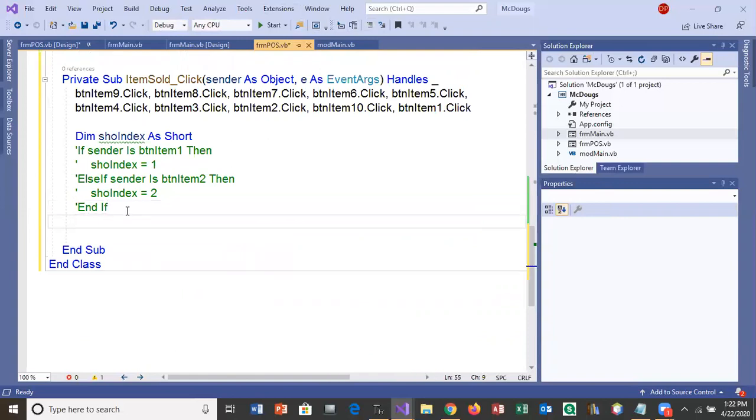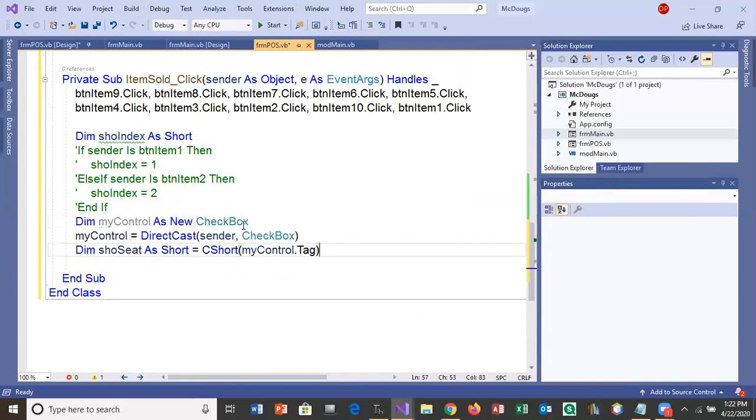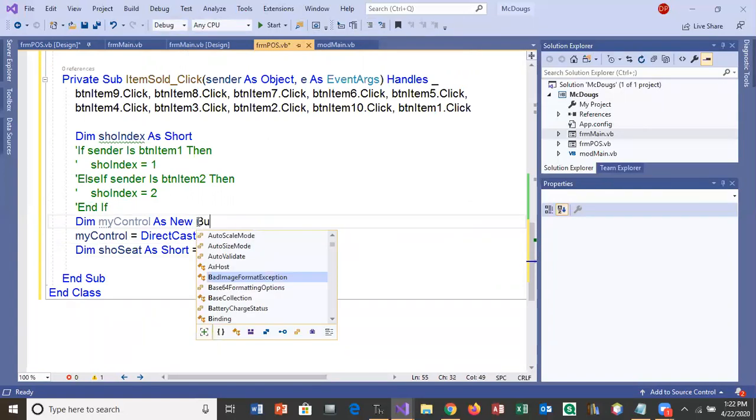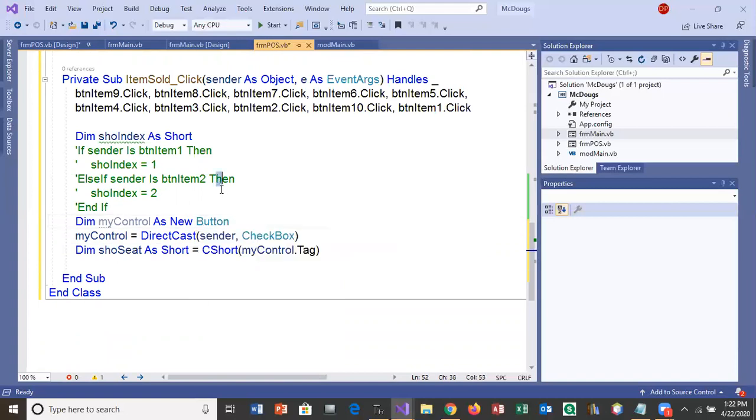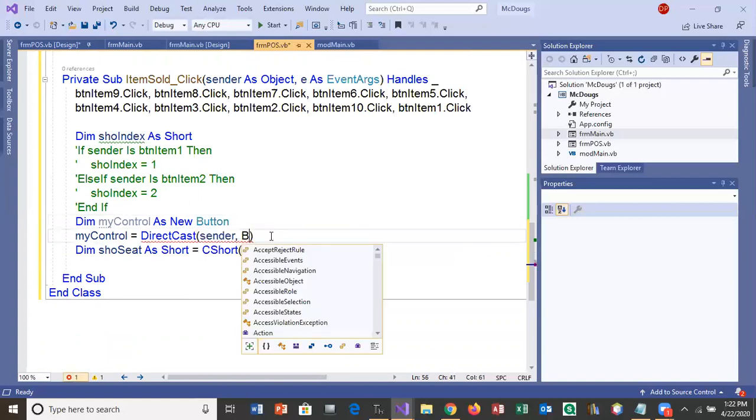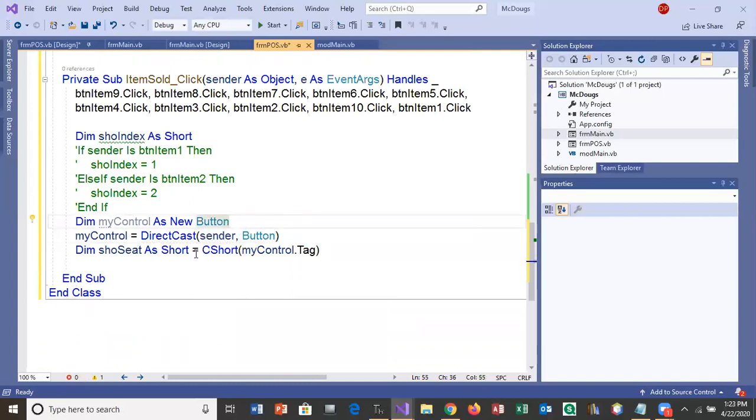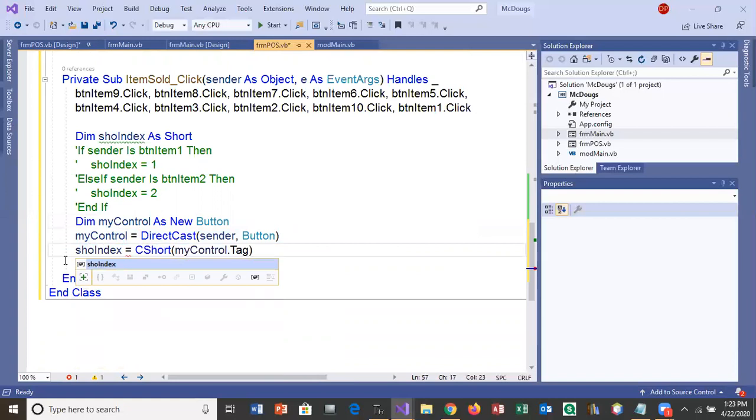And just do, so whatever button, so instead of doing all this,